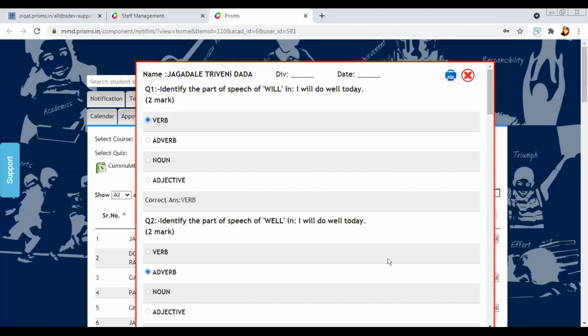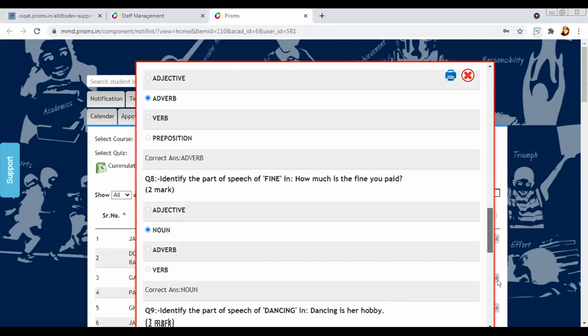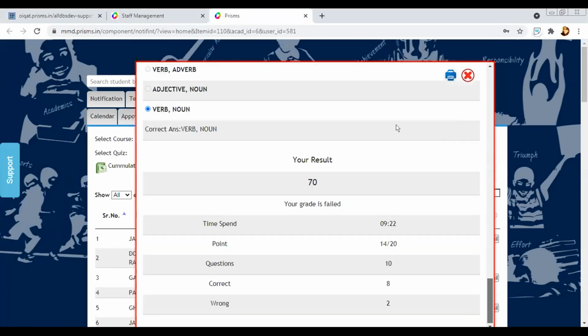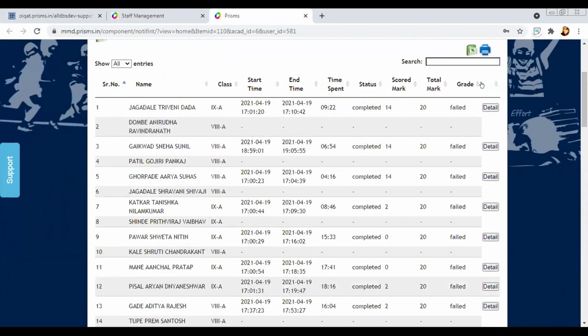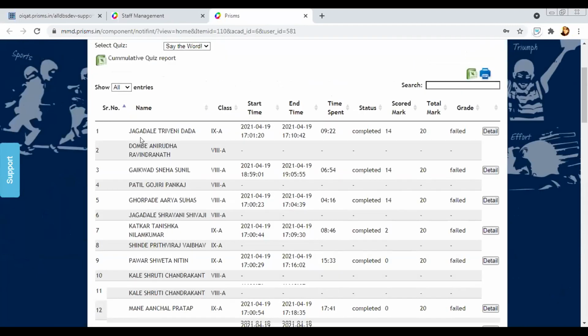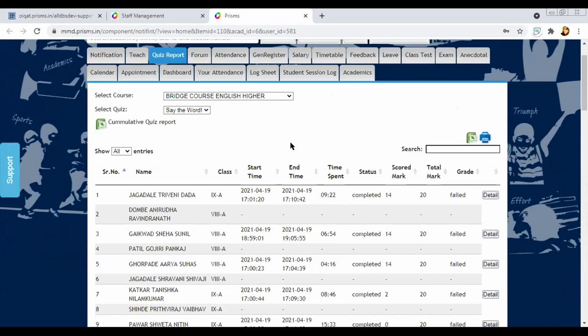You don't need to go and create it again. You can take a printout of this detailed report, and you know exactly what the child has solved till then. You can also export this in Excel, and the same can be used directly for generating the progress card. You can import this into the exam module also. Yes, sir, we can directly import to the report. Show the print view, how this overall print view would look.